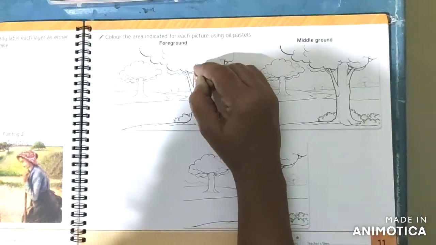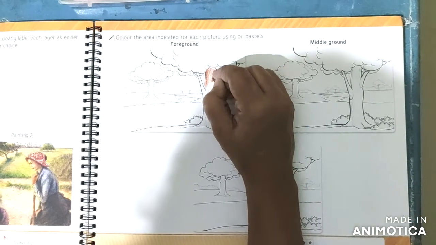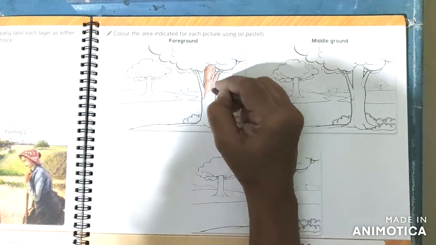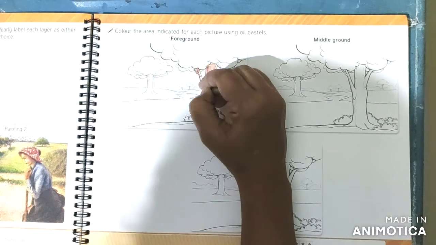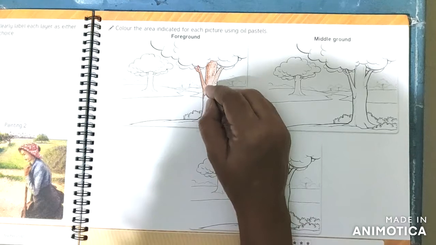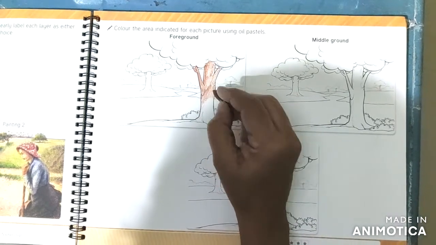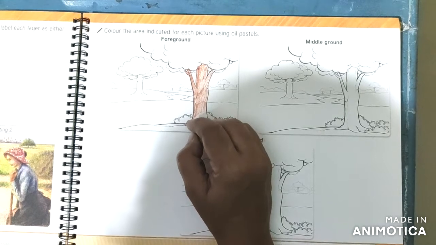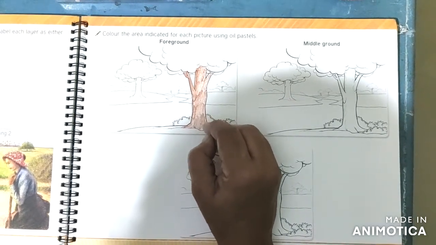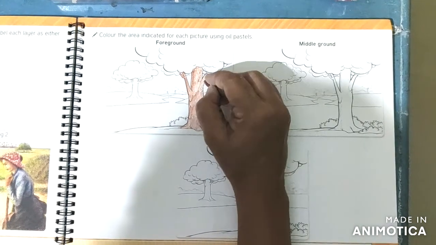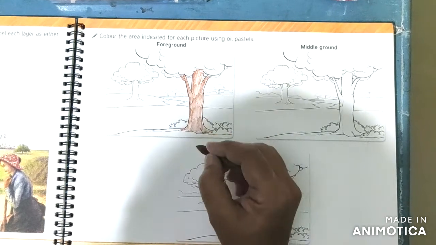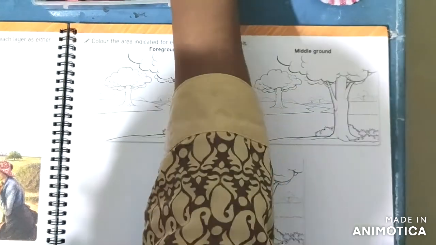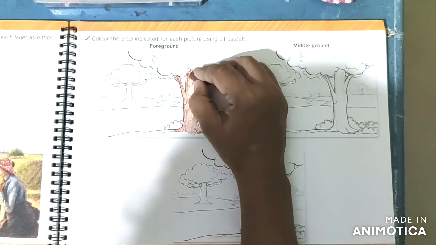This one is green. Try to do this a little dark.